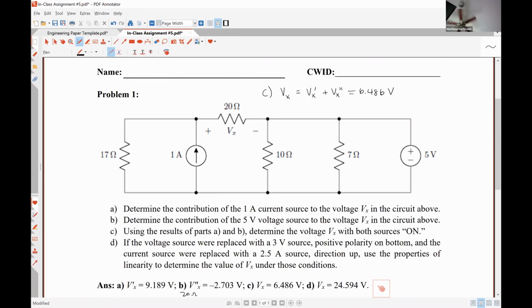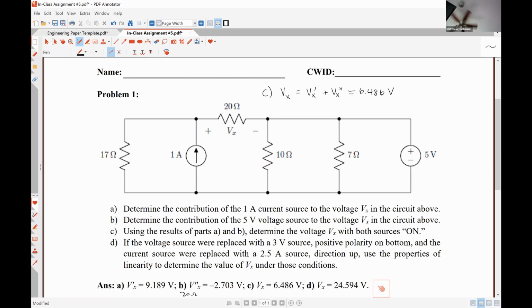So that's one way that the concept of linearity, specifically the additivity property, can be used. So this circuit with both sources on, it wouldn't be wildly difficult to do, but analyzing the circuit with only one source on at a time definitely made it very, very easy. So that's one way that we can effectively break down our circuits to get analytical solutions in a simple and efficient manner. Part D is all about exploiting the